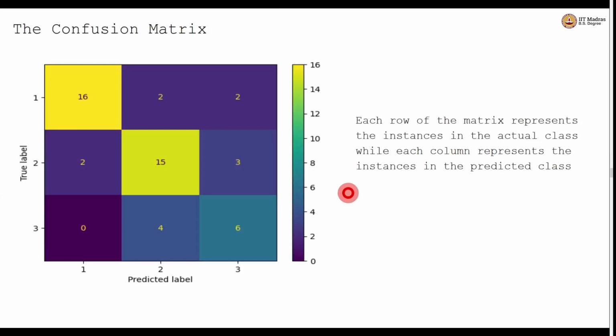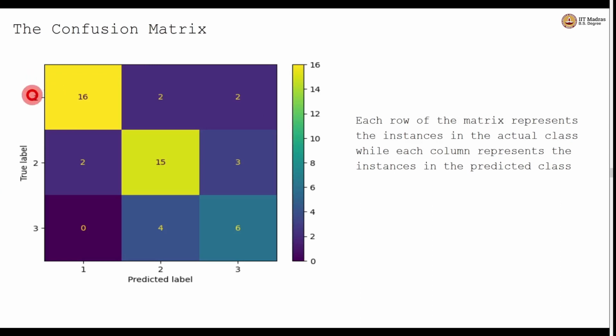So now let us come to the confusion matrix. What we have seen so far, we have directly seen the data points themselves, but the confusion matrix tends to have the number of instances rather than the instances themselves. So what this particular matrix means is that here it's a multi-class setup where there are 3 classes, and the